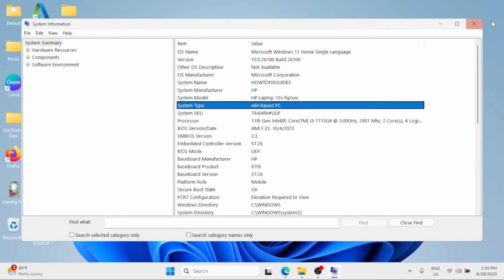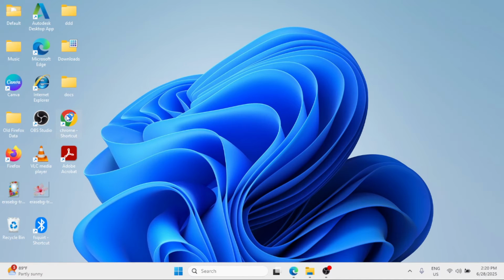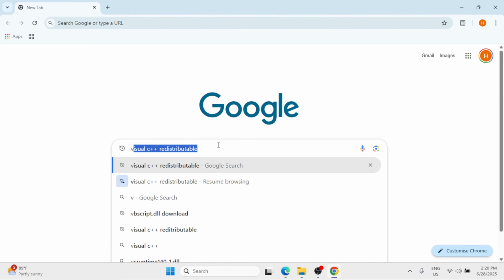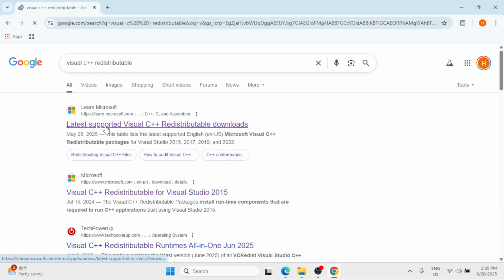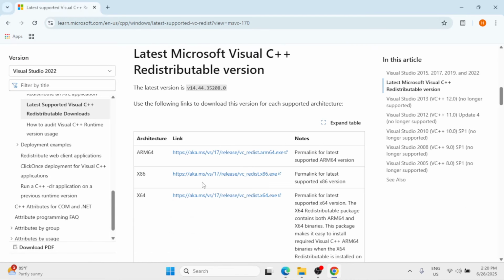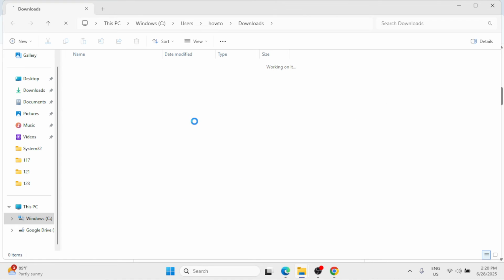Take note of your system type and simply open a browser and then search for Visual C++ Redistributable and hit enter. Click on the first option. Scroll down and then you have to click the download link corresponding to your system type. Once downloaded, click on the folder icon